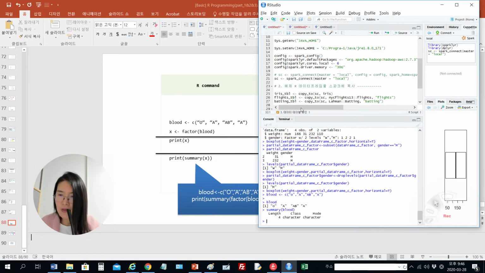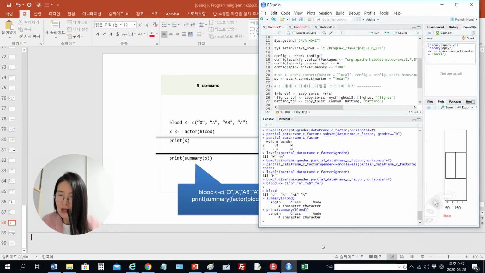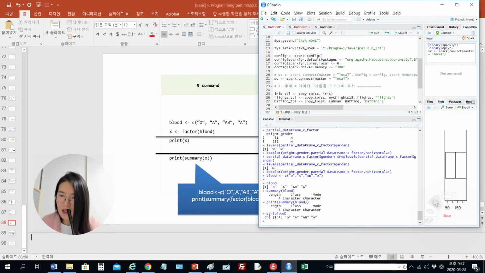So when you use this one, the length is 4, and then class is character, and mode is character, right? How about this? If you use the print function together, you can get the same result here, right? How about the str? Let's see here, yeah. We can get the characters from 1 to 4, and the characters are here. And then if we put the labels function,